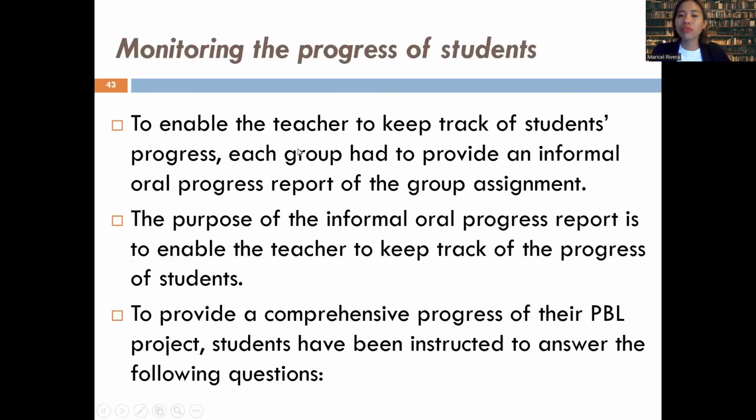So now this time we have to monitor the progress of the students. To enable the teacher to keep track of students' progress, each group had to provide an informal oral progress report of the group assignment. The purpose of this report is, of course, for the teacher to keep track of the students' progress. So to provide a comprehensive progress of their PBL project, the students have to be instructed to answer the